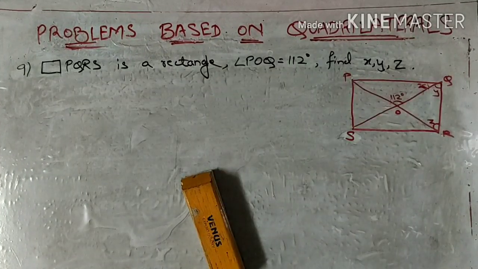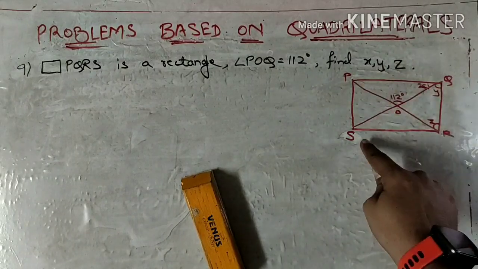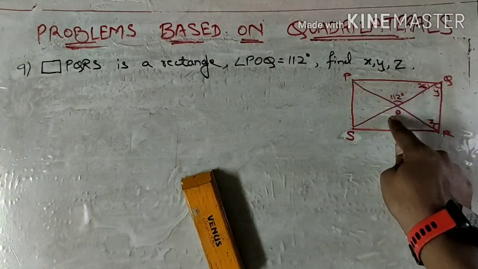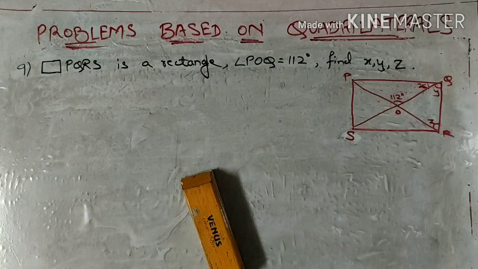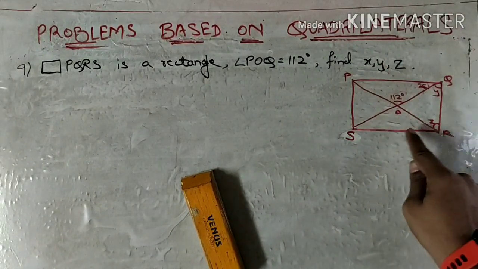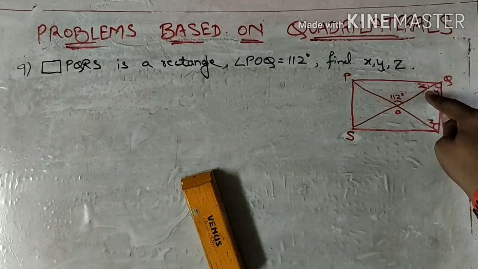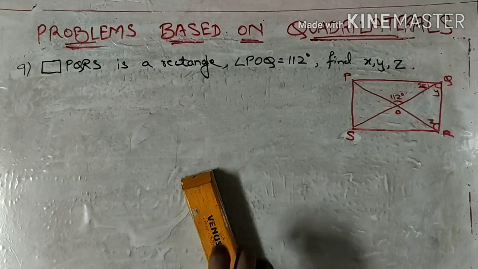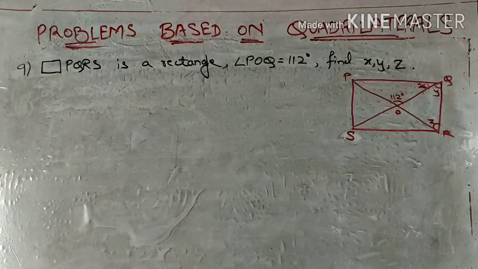Now in this question, quadrilateral PQRS is a rectangle. Angle POQ is 112 degrees. Find the values of X, Y and Z. Very simple question because rectangle and square are the most familiar and easiest quadrilaterals. The properties are too handy for us. Okay, so